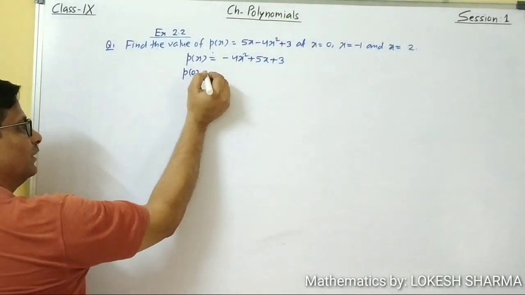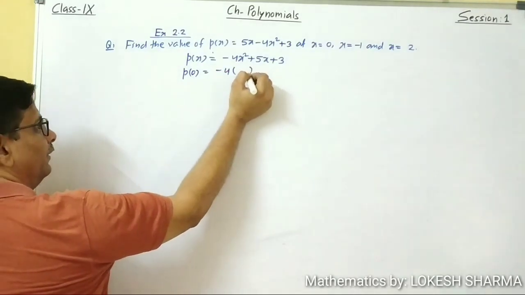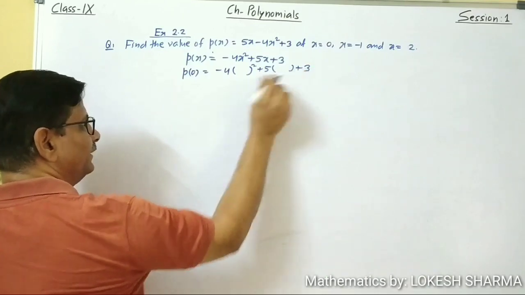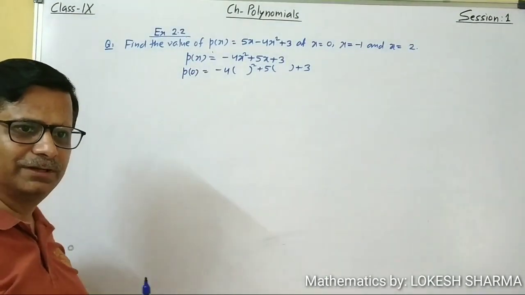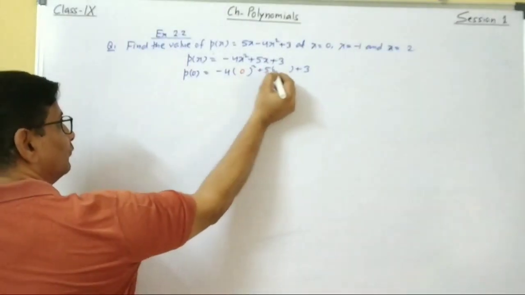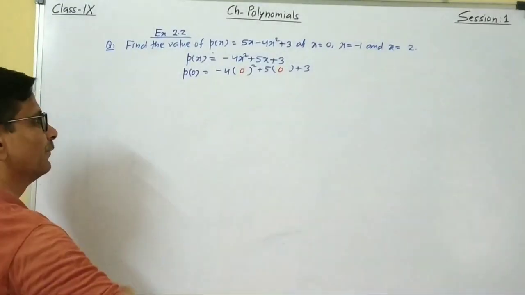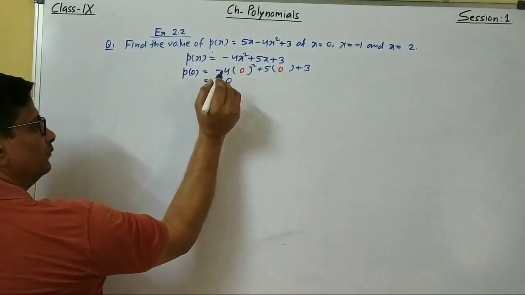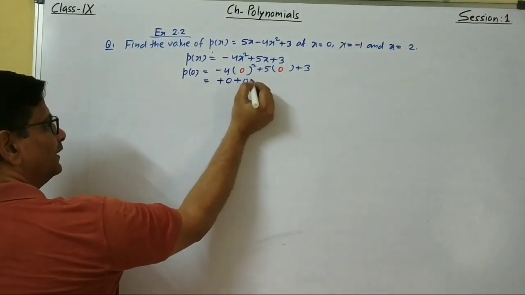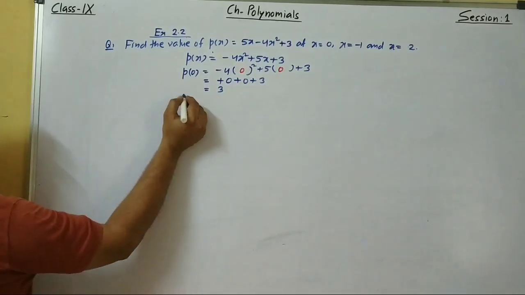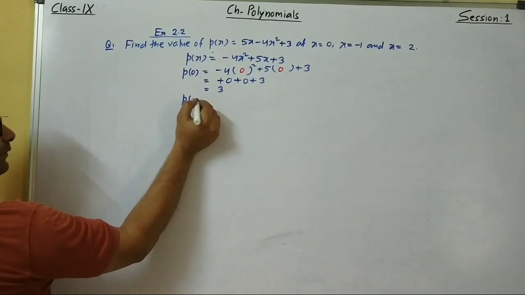तो p(0) is equal to minus 4x square प्लस 5x प्लस 3. तो जहां जहां x अवेलेबल है वहां पर हम ब्लैंक ब्रैकेट लगा देंगे. और अब हमें यहाँ पे क्या लिखना है, 0. ये वैल्यू हमने यहाँ पे पुट कर दी. And we will get minus 4 into 0 square, plus 5 into 0, and then plus 3, and our answer will be 3. Now we want to find out the value at minus 1.